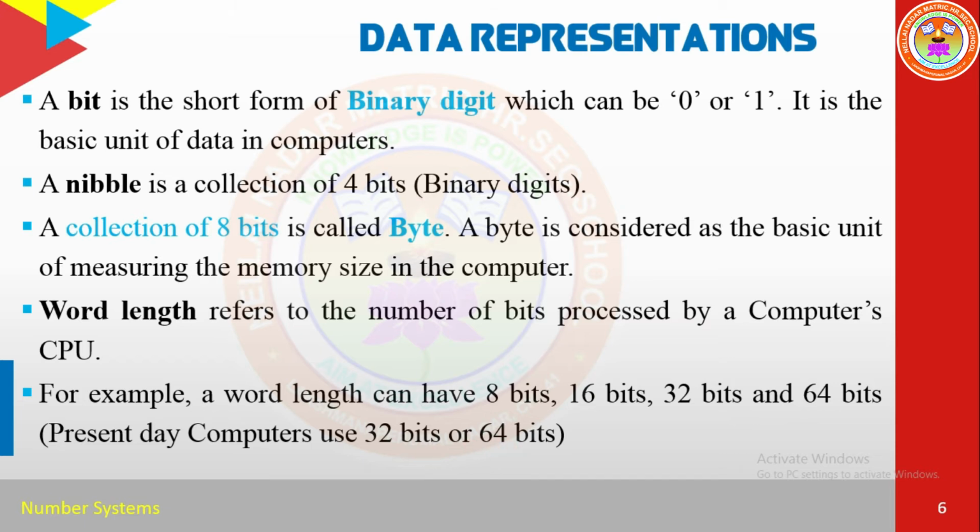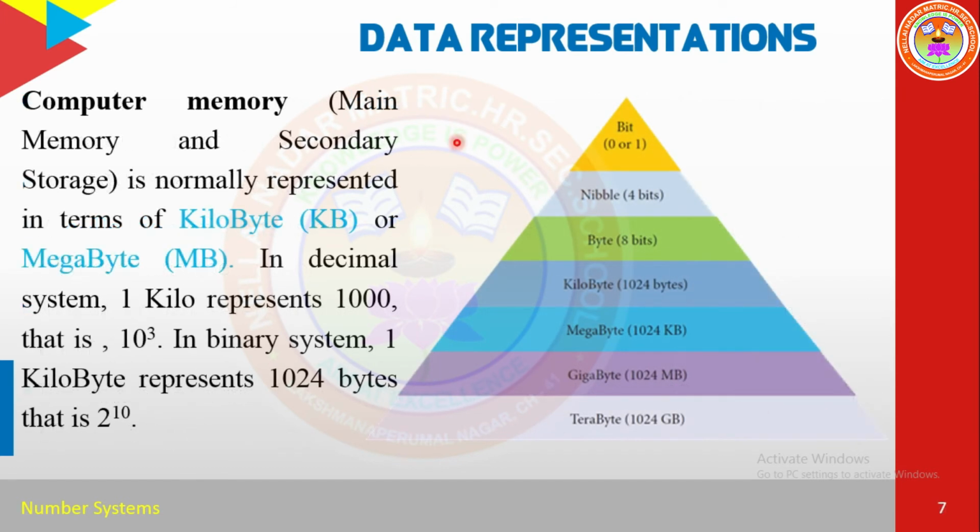Okay, right. The next topic, what is computer memory? In computer, what is memory? Already we know there are 2 different types of memory. One is primary memory. The next one is what? Secondary memory. Here, the primary memory is also known as main memory. And the second part is what? Secondary memory. These are the 2 important memories available in computers.